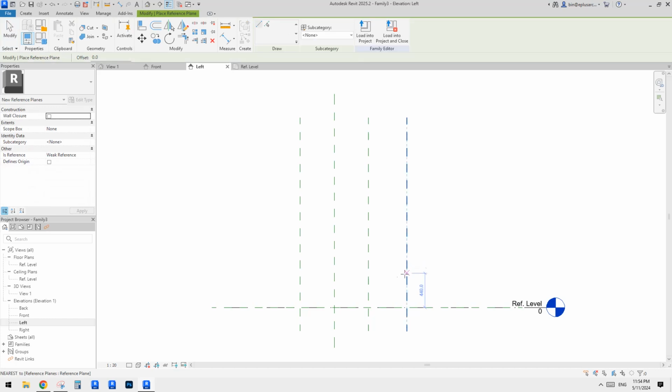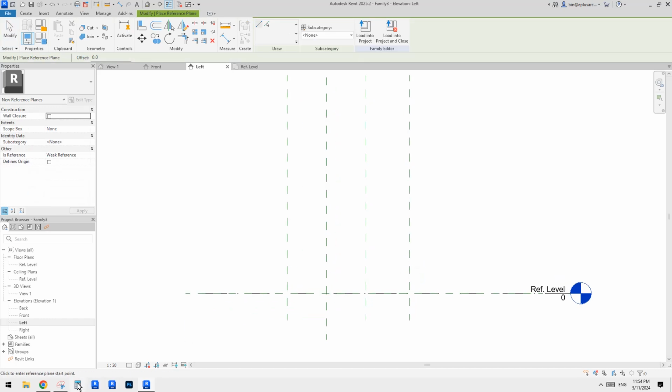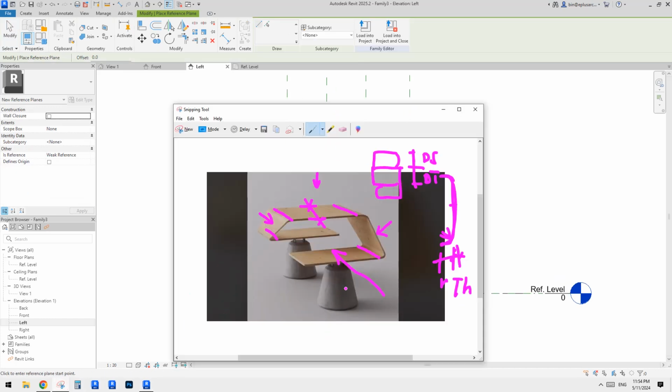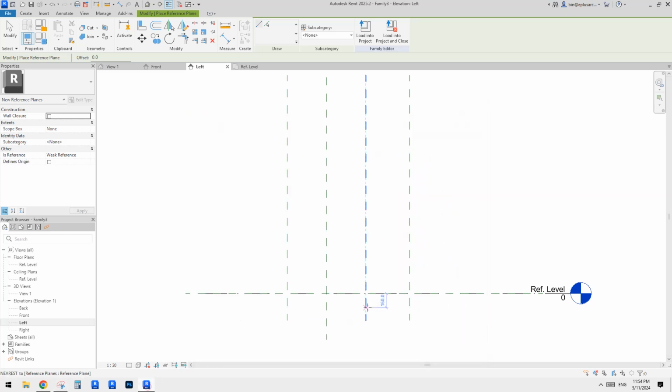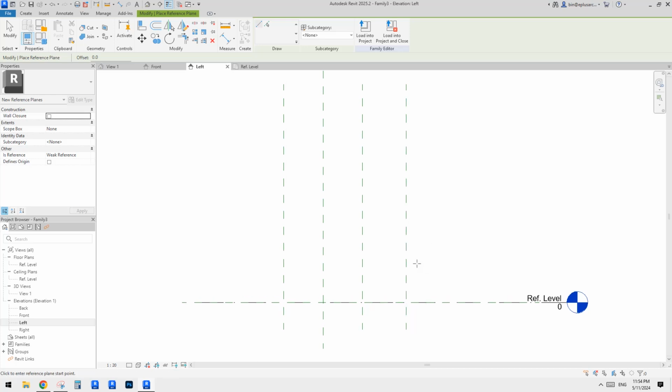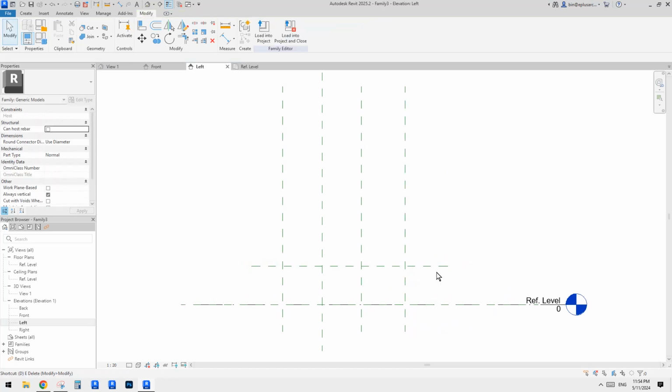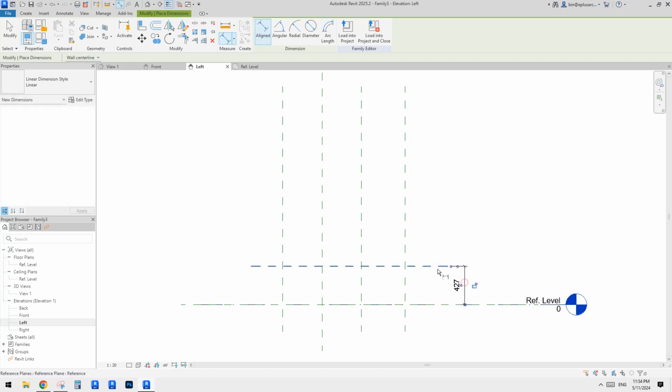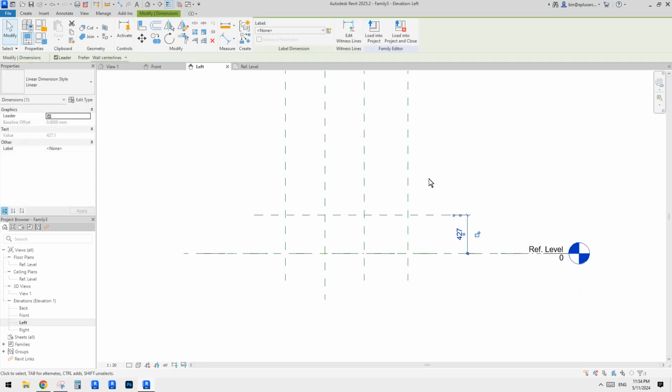So we need a height. Also we're not going to model these, okay? Because they are too easy, we're only going to model this bit. We don't need a reference plane for the base. We just need a reference plane for the overall height. And also